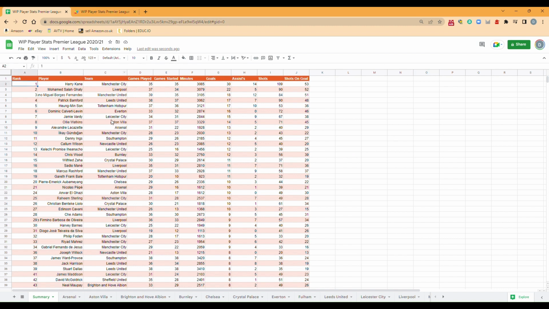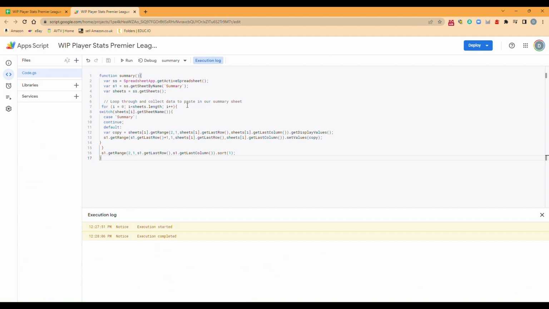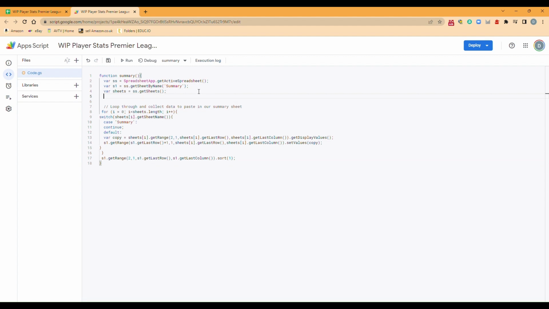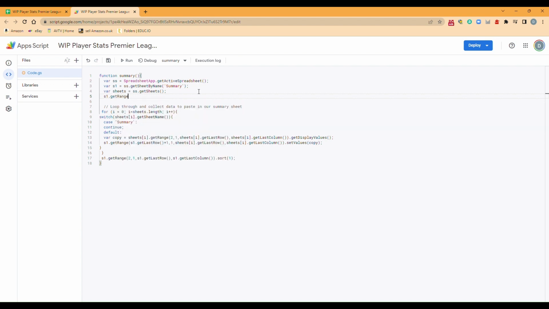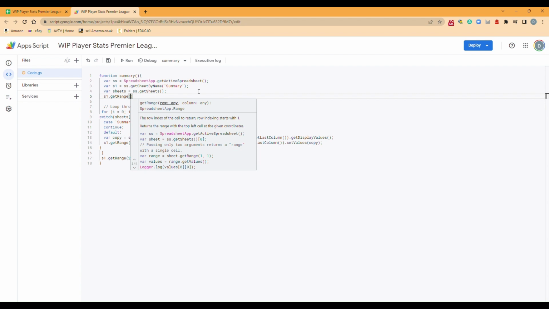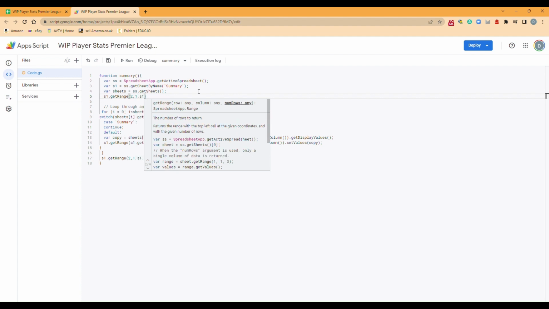what I would do now is put in one more line, which is going to say that every time we start this script, we clear the data out of the summary sheet, because we don't want to duplicate that data, especially if we're going to put it on a trigger. So s1 dot get range. We need to do this outside of the loop, before the loop begins, so I would put it directly after my set of initial variables. Get range: we need to look at the range we're going to delete. That's going to be row 2, column 1, and then we want to go to the last row of data,